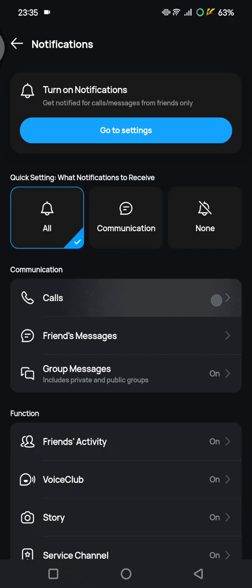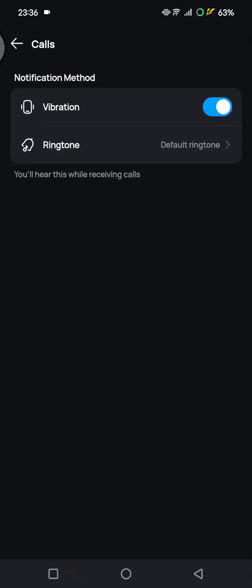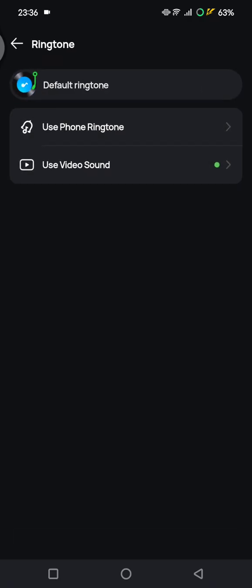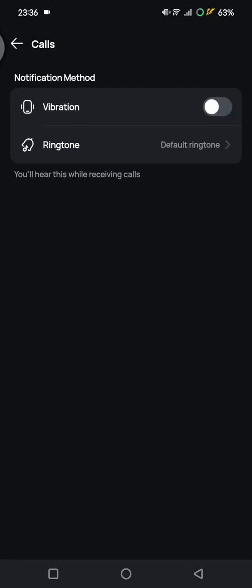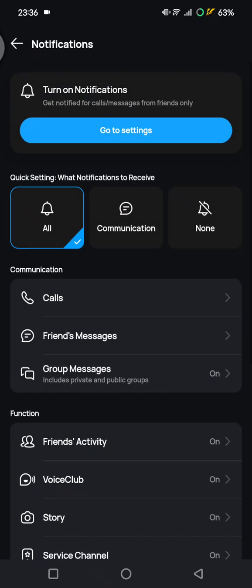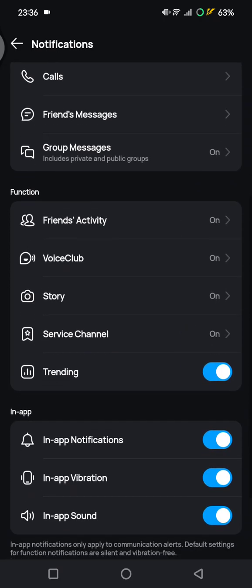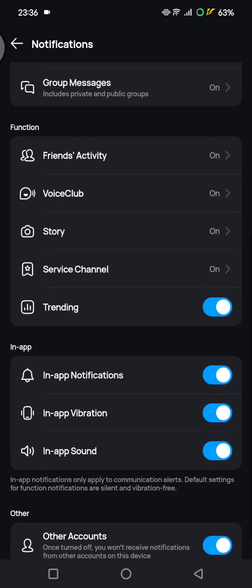Okay, now you can just go to calls in here and disable the vibrations. Here you can also choose to inactivate the default ringtone. Just skip this and you can just go back and scroll down. In here you'll find the in-app section. So what you need to do is just turn